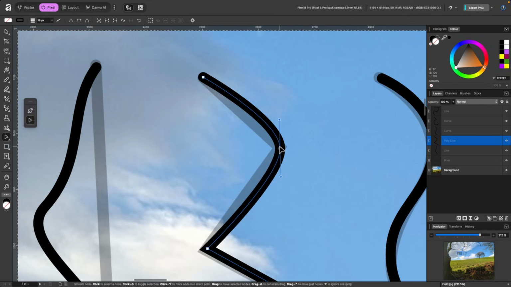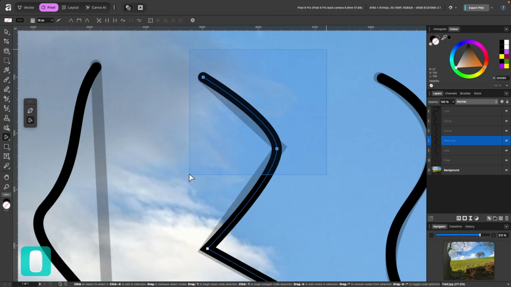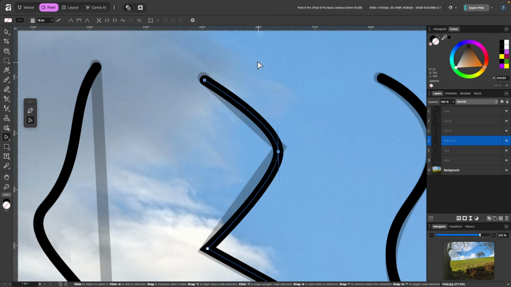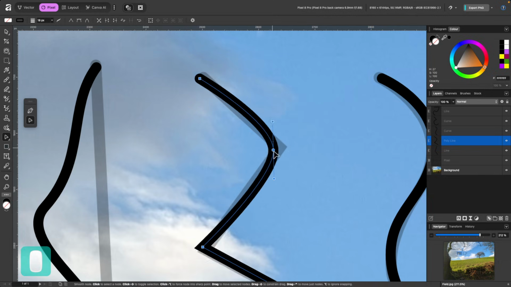Also with the node tool, you don't have to just select one node. You can actually click and drag over multiple nodes and then drag them around like this. You can also draw to make your selection. So if you just hold down Option, click, you can start drawing like this. Maybe it's a little bit complex. You can draw around a few of them and go back to the start. And now all of those are selected and I can drag them around.